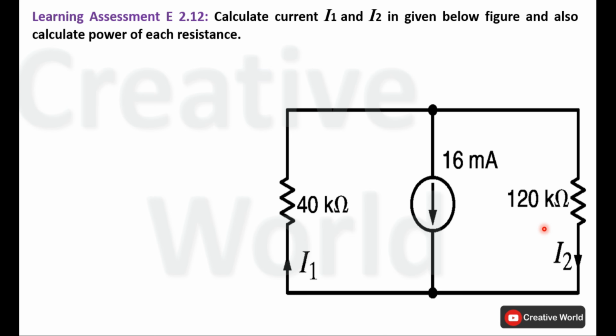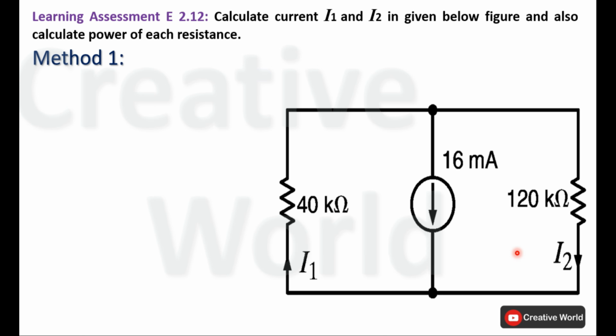We will solve this question with two different methodologies. In the first method, we will be using the traditional technique to solve this problem. This will be time consuming and we have to perform more calculation steps. But in the second method, I will introduce the use of current divider rule. You will see how the use of current divider rule reduces the time for calculation as well as calculation steps. So first, let's solve this problem using method 1.